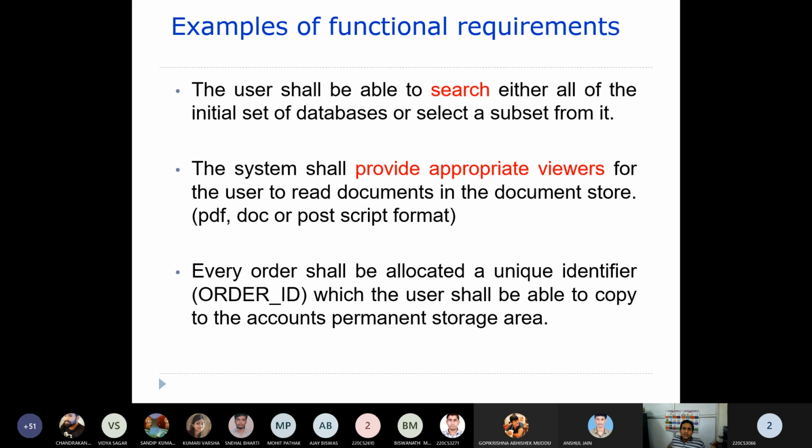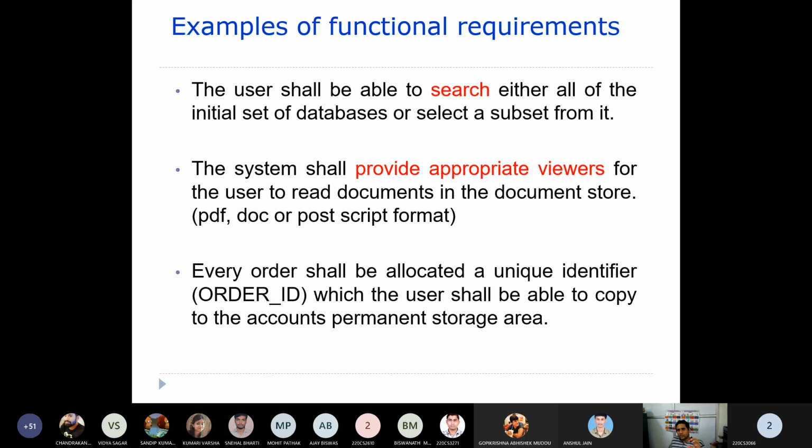Now the user shall be able to search either all of the initial set of databases or a subset of databases from the system. So one functional requirement here can be that the user can choose 1 or 2 databases, or he can use all of the databases, to search the document, or the book or an article.